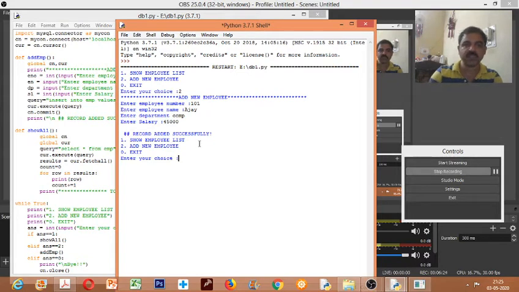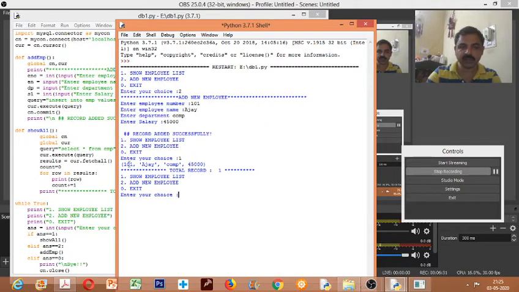So once it is entered, now I want to display. So what I will do, I will go to option 1. So I can see that what I have entered: 101 Ajay, computer, 45,000. So if I want to add one more employee data, I can write 2. So I'll give some other number.